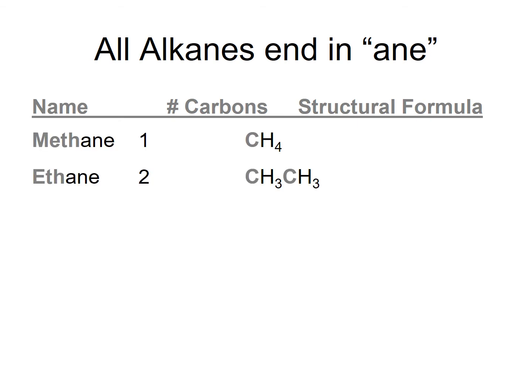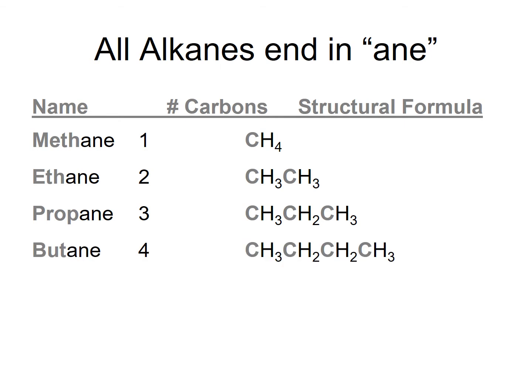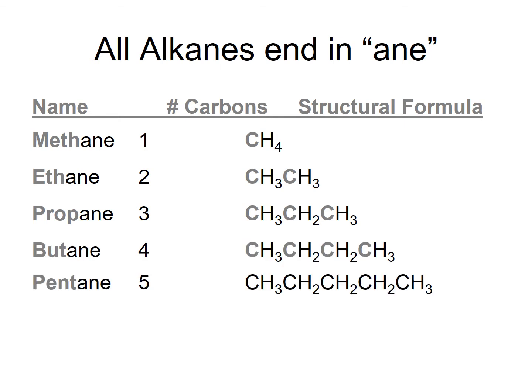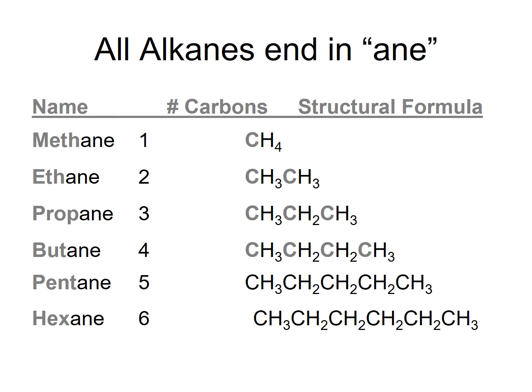Methane, CH4, has one carbon. Ethane, CH3CH3 or C2H6, has two carbons. Propane, C3H8. Butane, C4H10. Pentane, C5H12. You may remember the formula that if you double the carbons and add 2, you'll get the number of hydrogens. And hexane, C6H14. So the structural formula here is actually a condensed structural formula,